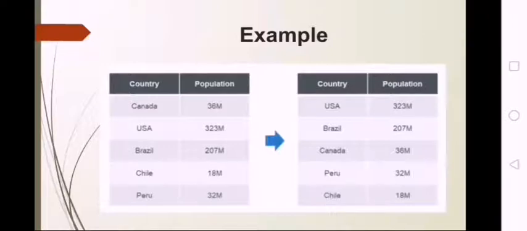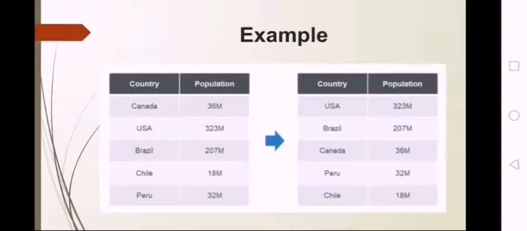the table given here, which has two columns, country and population. The country column is a text field or label, whereas the population column contains numeric data. The table on the left shows the original data, which is not sorted in any particular order. The table on the right has been sorted by population in descending order.